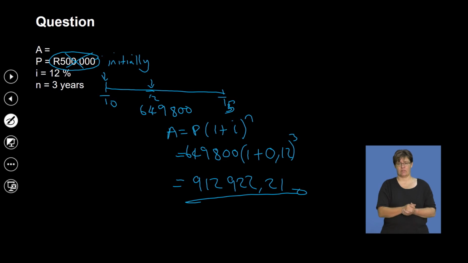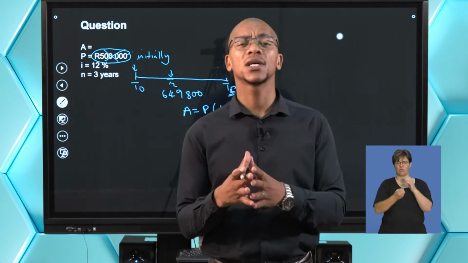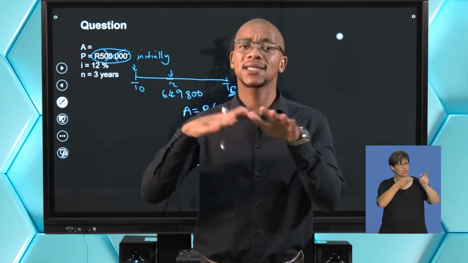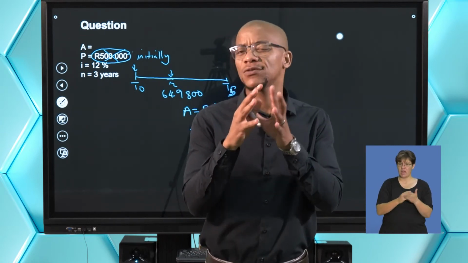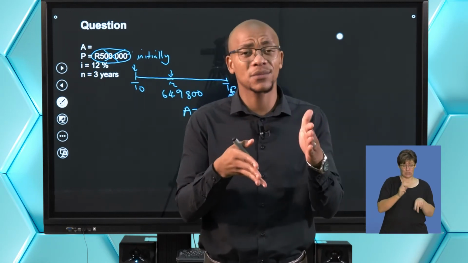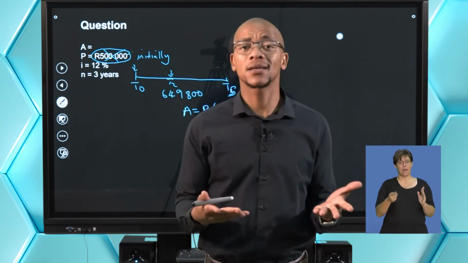21 cents. Remember, we're talking money, so you're not going to say comma 21. It's 21 cents. So you can see that although a share market, guys, remember when we were looking at the random growth, we spoke about the exchange rate and how sometimes it fluctuates, at times it goes down. So the share market is not really that much of a trusted thing, especially if you're looking for a short-term investment. But if you're looking for a long-term investment, trust me, you will get some money,